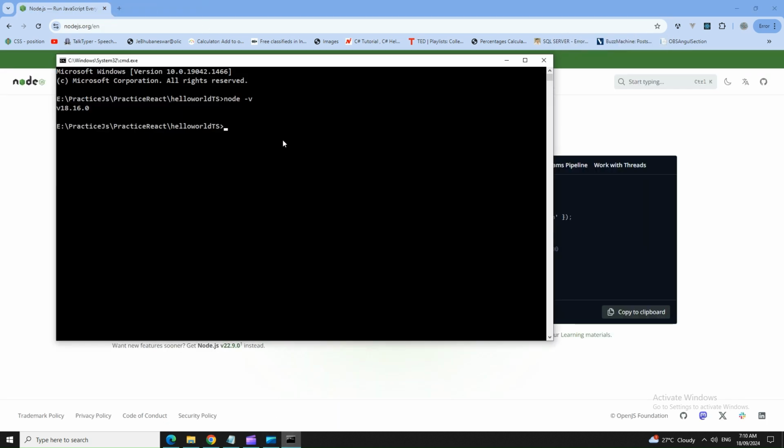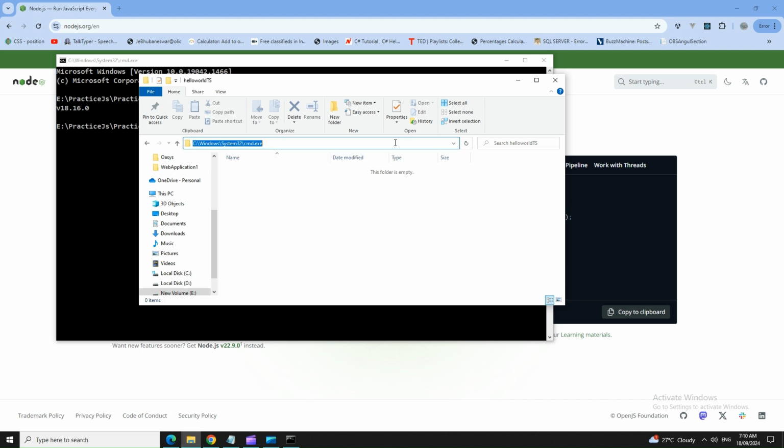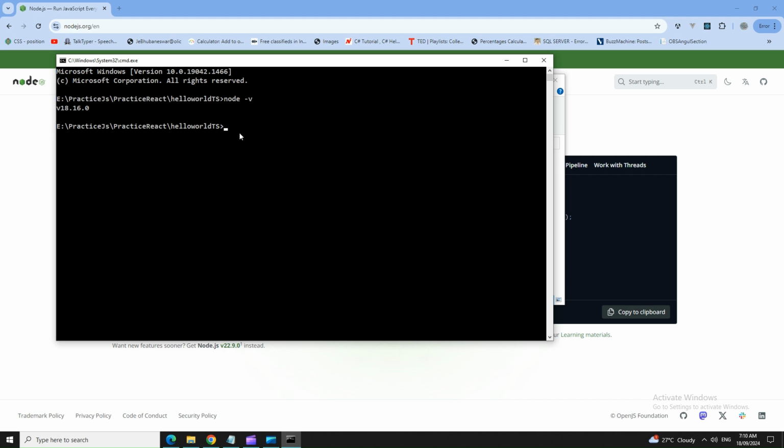And after this npx, we need Visual Studio Code, VS Code, because that's where we were doing most of our coding for React. And now after those two things are ready, we will create our first React application. To do that, move to the same folder where you want to create it, type in cmd on the address bar, like here, and then press enter. That will open up the command prompt with the exact path where you need to create the app. And after that, we type in npx